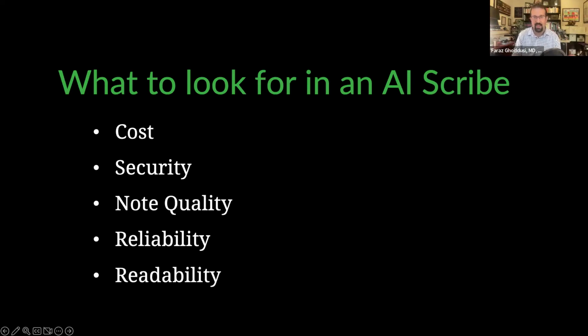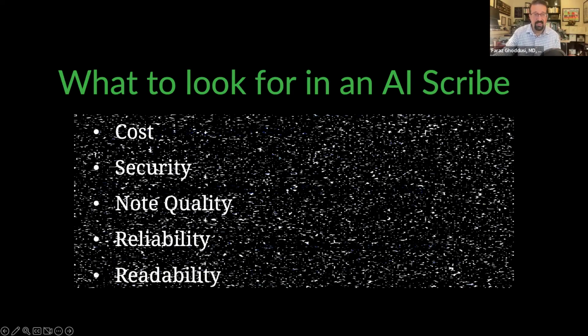And then as we're starting to get bigger, changing global dynamics, things like, are the data centers here in the United States? Are you able to easily access things that you need? And that reliability, readability, and note quality are, of course, very important. I should have really put those three first, but those are things that seem obvious to me as a physician, right? Because if the note quality is garbage and it's not really reliable or readable, then you're not going to do it. But I put the other two, especially with that security, because those aren't really things that most physicians think of when you're moving forward.